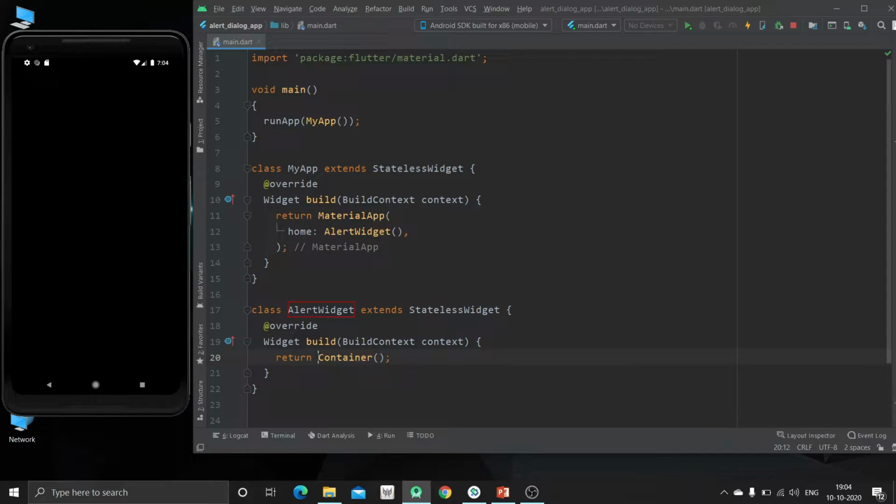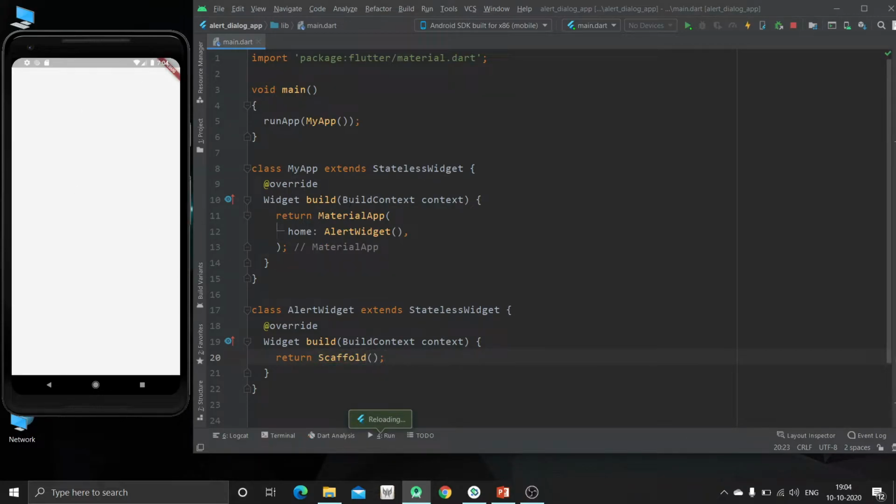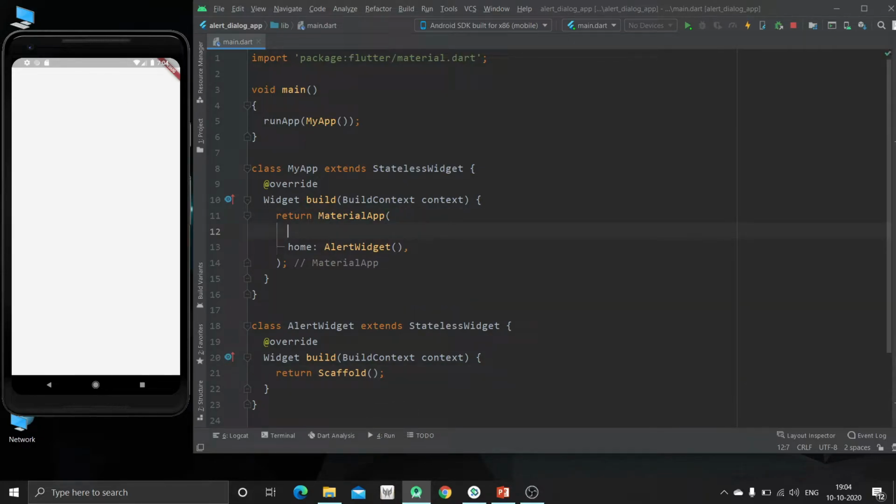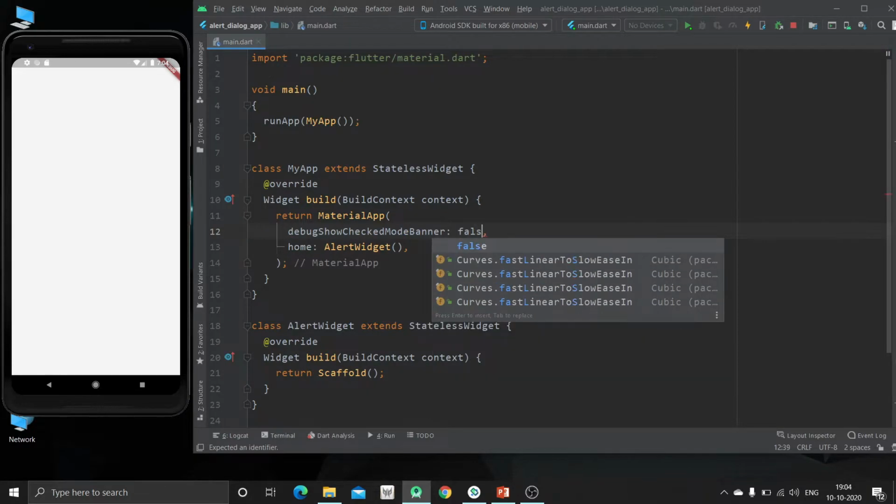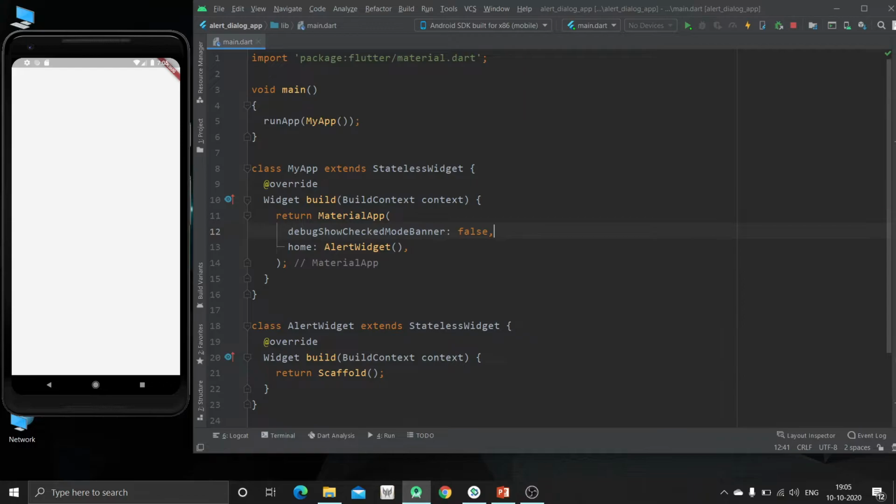Now I will create a Scaffold widget at the root of the app. So this is the app scaffold widget. Now we will remove this banner by using debugShowCheckedModeBanner and define it as false. So now it's done, this banner will be removed.